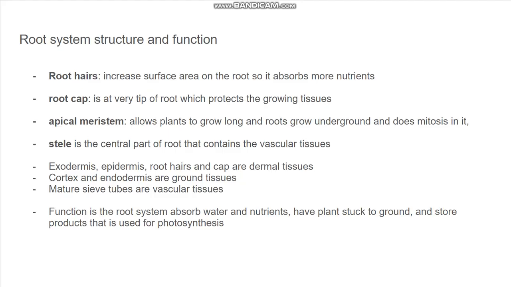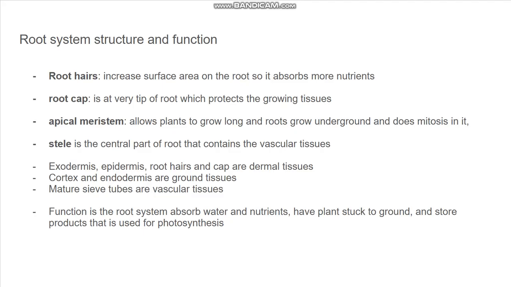So the two-worded ones are for one tissue only. Like, only one thing is for the vascular tissue, and that's apical meristem. And then the cortex and the endodermis are ground tissues. And then the function of the root is to absorb water and minerals, anchor the plant